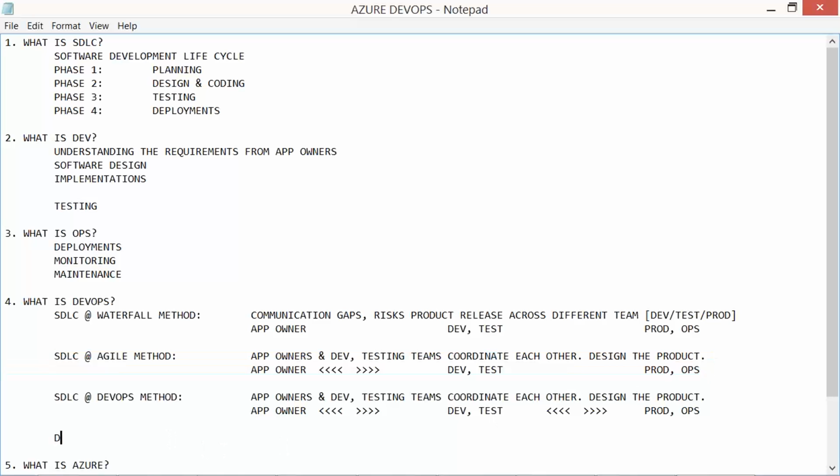Well, DevOps is a process. We say culture or a process. It brings the development and operations team members into a common communication stage.